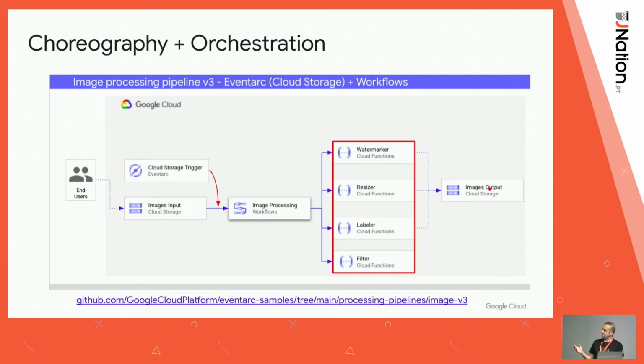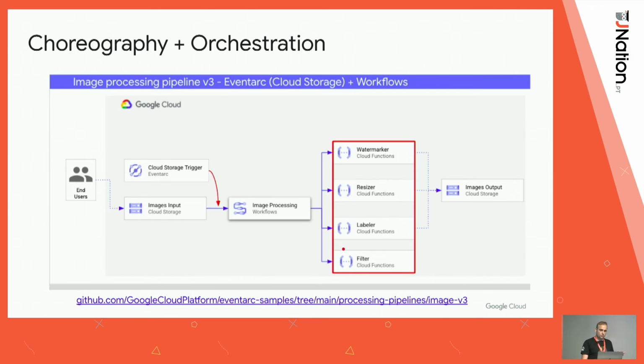Now, when you look at this, I put these 4 functions into an orchestration. The reason for this is that these functions need to be called in a certain order. First, it has to be filter, then it has to be labeler. It doesn't make sense for them to be loosely coupled, or for the order to change. It always has to go this way. And actually, the output of one feeds to the input of the other. Because of that tight coupling in these functions, it makes sense to make them into an orchestration. And that's what I did here.